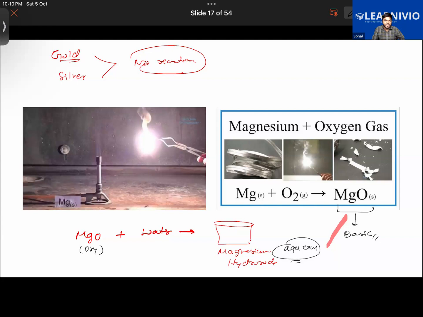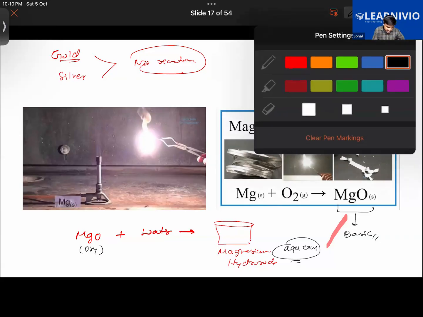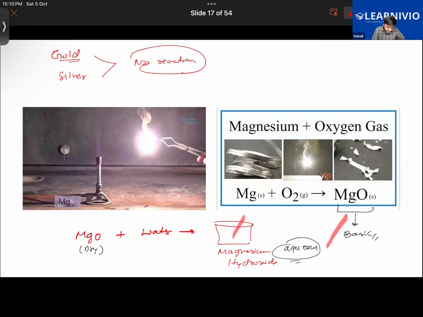First of all, tell me, how do we check for the presence of basic substances? Which litmus paper do we use? Blue and red litmus paper. In order to check whether it is a basic substance, blue litmus paper can be used to detect acidic solutions, and red litmus paper can be used to detect basic solutions. So if you were to dip the red litmus paper, the color is going to change to blue. Got this now? So this basically concludes that metallic oxides are basic in nature.